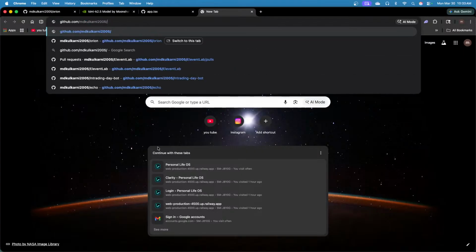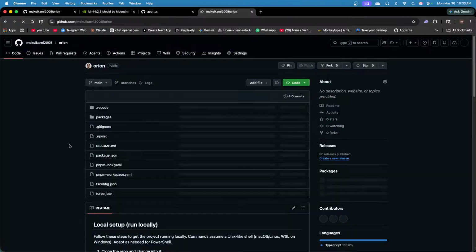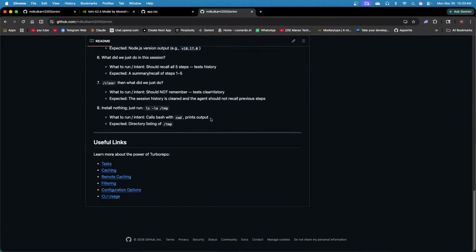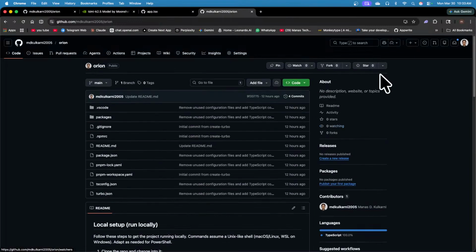GitHub/MD11 labs नहीं है भाई। ओरियन, ये देख रहा, ओरियन वाला, यहाँ पर 12 घंटे पहले मैंने रीडमी वगैरह भी अपडेट कर दी। तो यू कैन मेक द स्टार। ठीक है, स्टार ऐड कर सकते हो आप। ठीक है भाई।